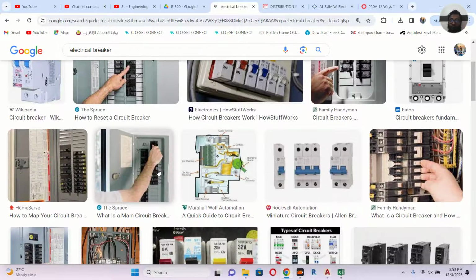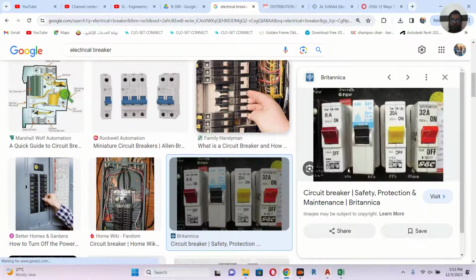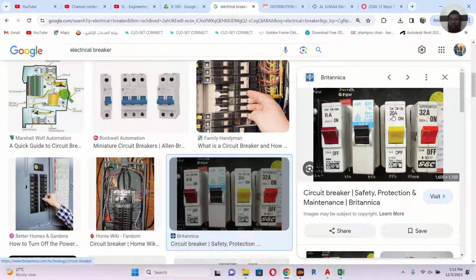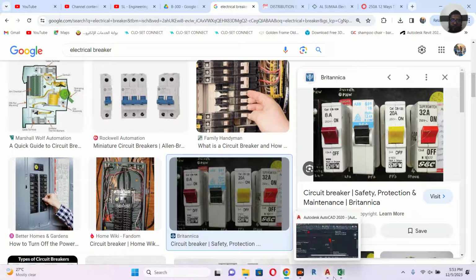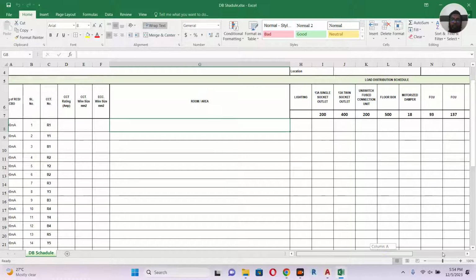Okay, this is also yes. Here you see this 8 ampere, 20 ampere, 32 ampere. Here is what we'll type, and this is our wire size, what wire size we are going to use, and this is earthing size, and this one is a description, and you will know a little bit what we will type. And then this is here